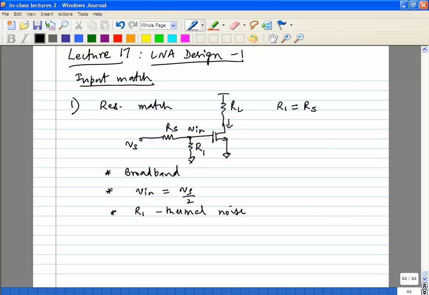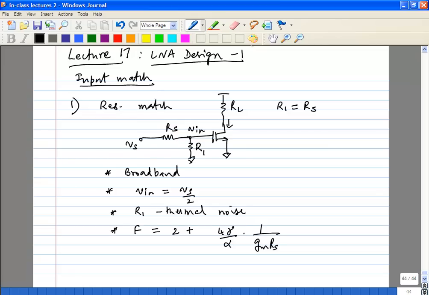Adding noise at the output is okay, right? Because if you remember, the overall noise figure gets attenuated by the gain, and that's the reason why we are adding the LNA. In this case, we are adding R1 noise right at the input. So you can calculate your overall noise figure for this circuit. I'll just give you the expression. It's 2 plus 4 gamma over alpha times 1 over gm RS. You'll probably have a homework problem, I think, at some point, maybe in a week or a couple of weeks, to calculate this out by hand. Either this or something similar. But this is the noise figure.